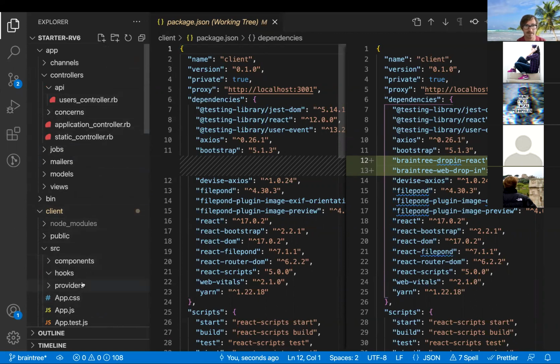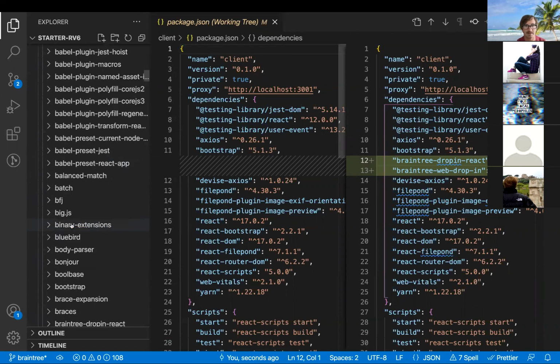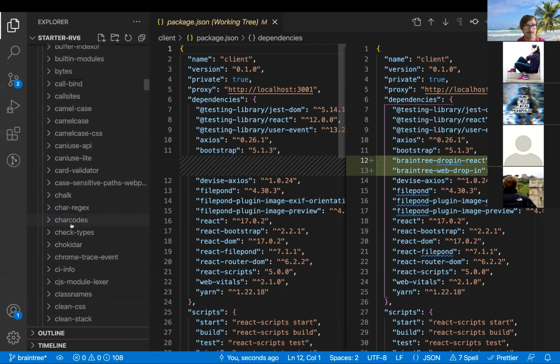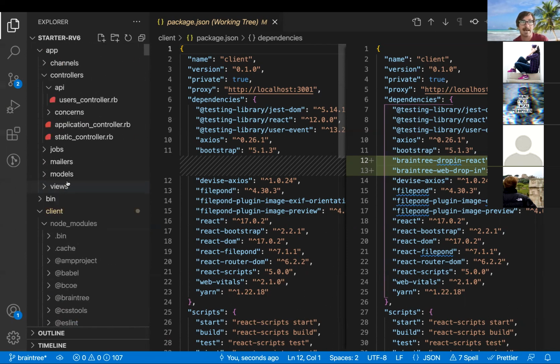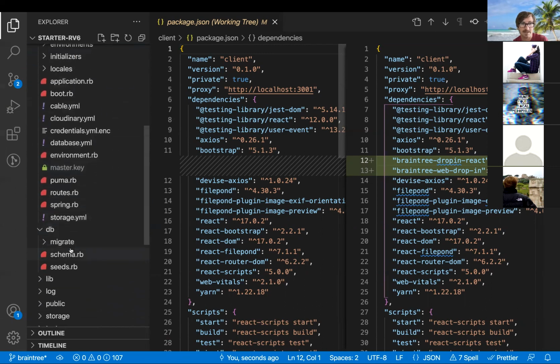So I could go to my client. Yeah, it's all in the node modules, right? Yeah, it's there. There it is. There's those 2 things added. All the files are going to be inside of here, and all their dependencies. So why isn't this getting added? Well, that's because